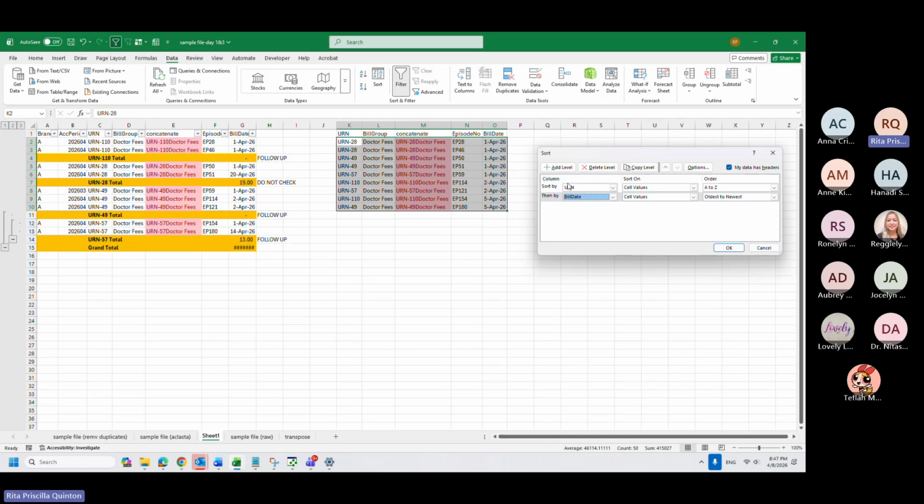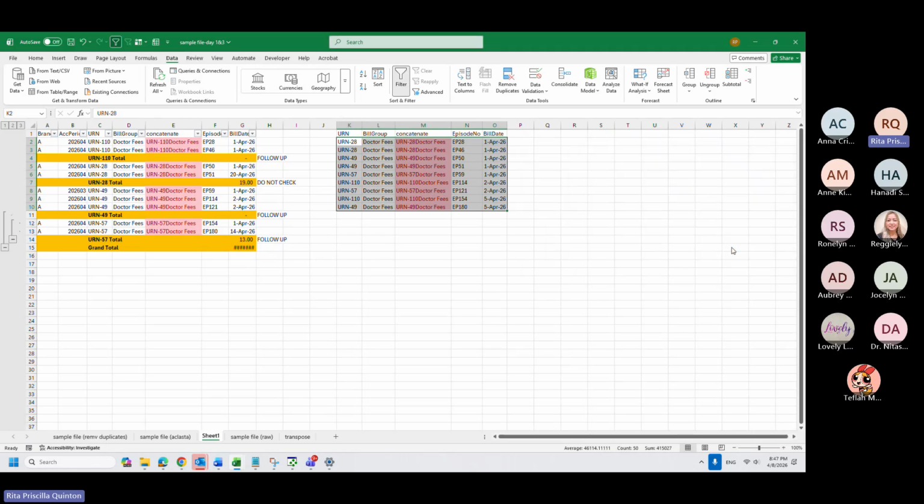You can also sort them by episode number, right? So for 28, 49, it will be the same, 50, 51, and then 180. 57, 59, and 121 it will be. Okay, so based on your needs. So let's see, 49 was, yes, correct.